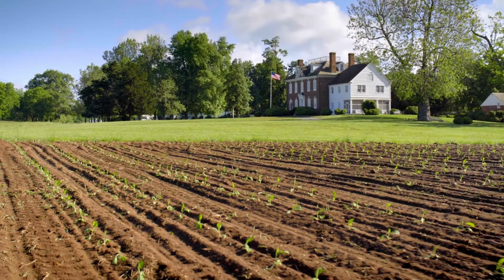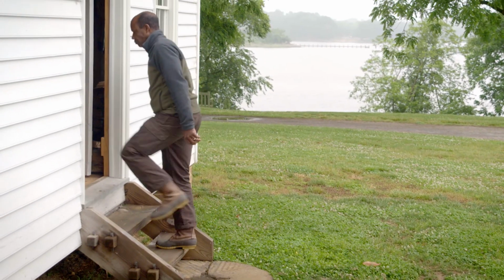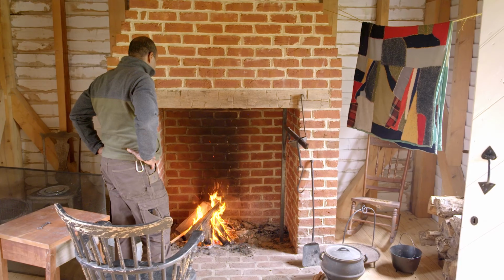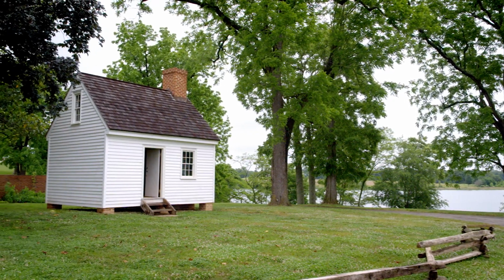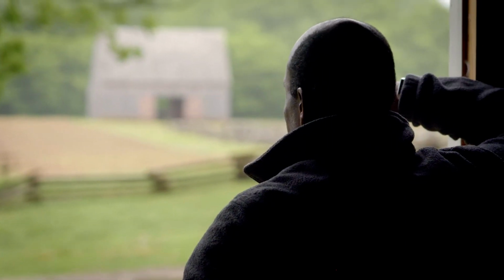We study history so we can learn from it. Not all of Mount Harmon's history was glorious or attractive. We are in the slave quarters. Newly built, newly recreated from an awful lot of research to be historically accurate. It's a place that some people would be uncomfortable with, black and white alike. It's a place that I draw strength from because I think of all that has occurred since the days of